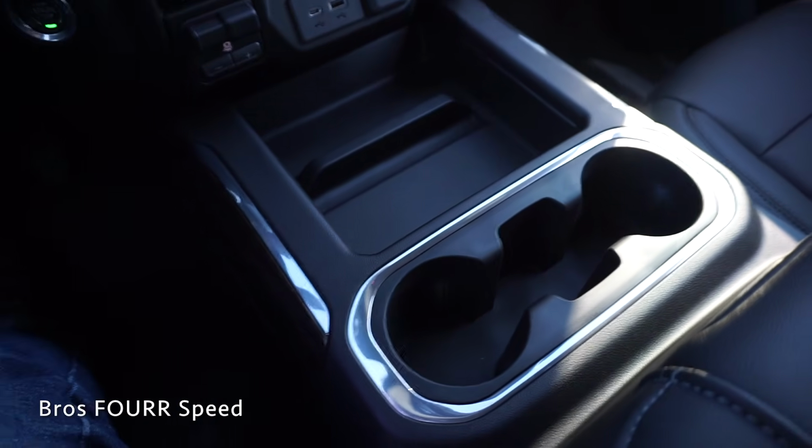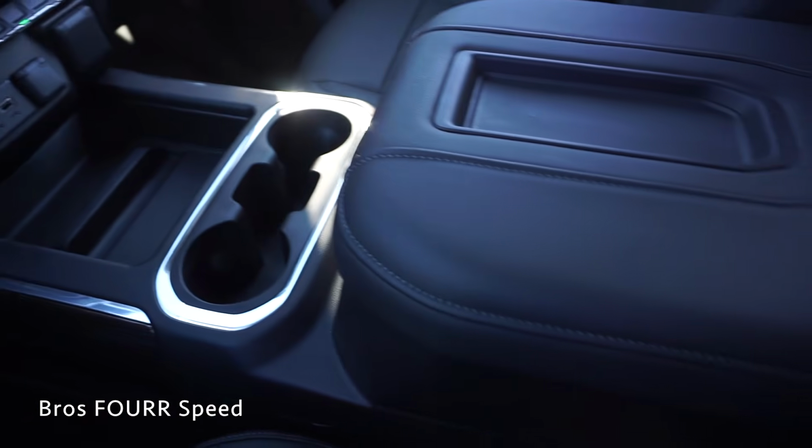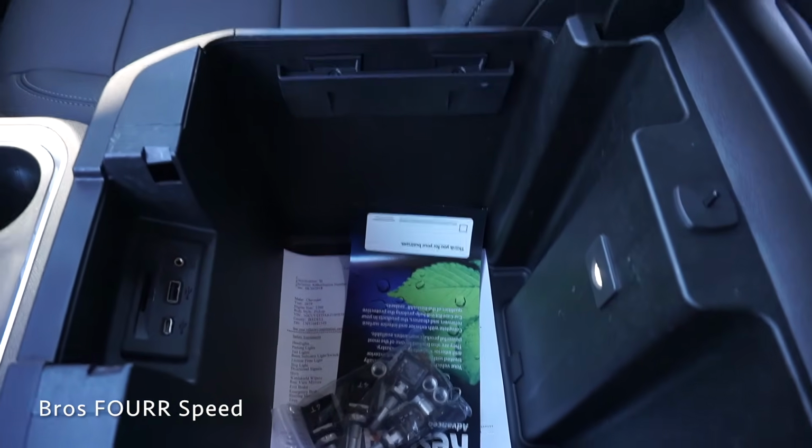You get some storage space as well as some cup holders, a lot of space to put a phone and a few items. And then on the center armrest, we have some more of the black leather with the gray stitching, a little cubby, and then pushing this in, we have a lot of space down here, can definitely fit